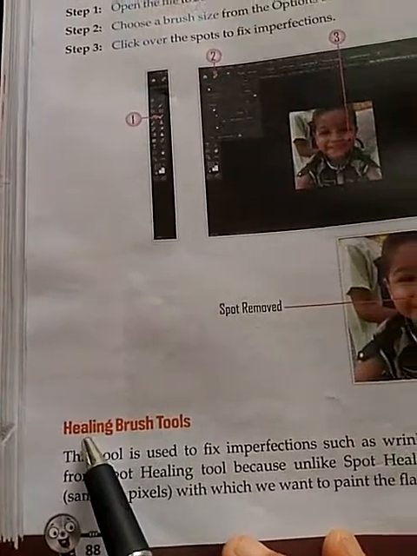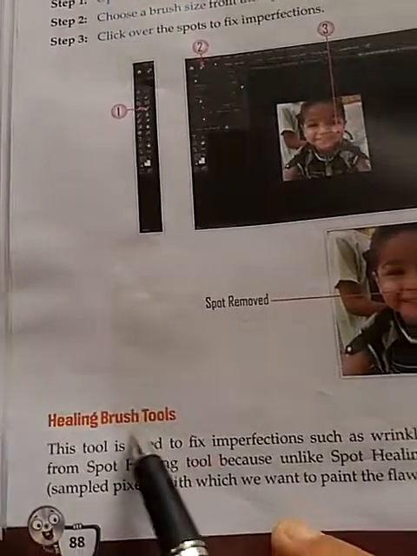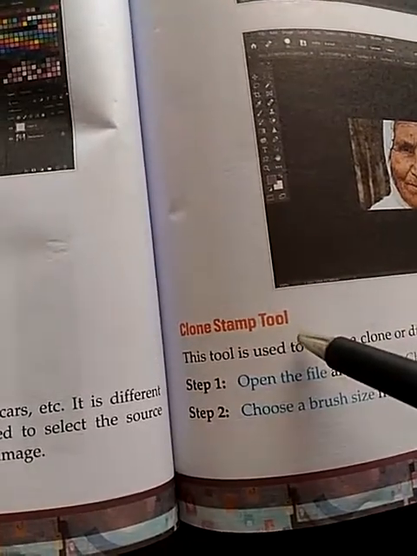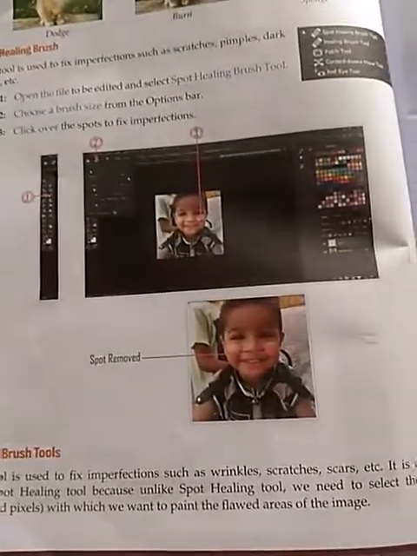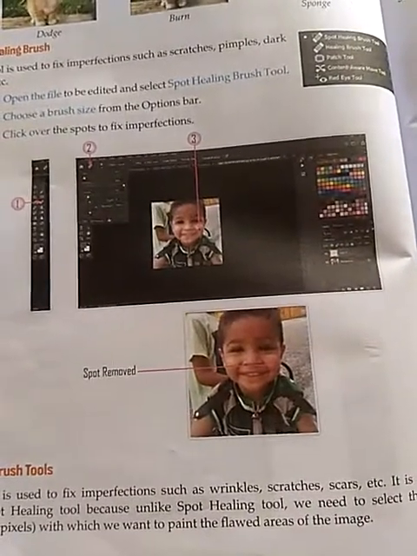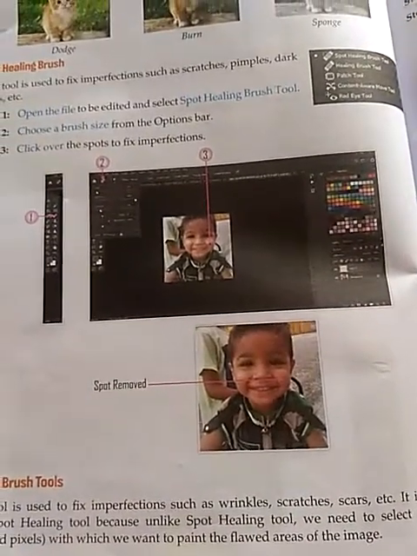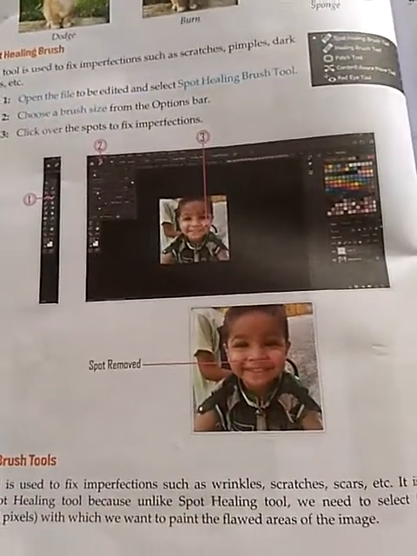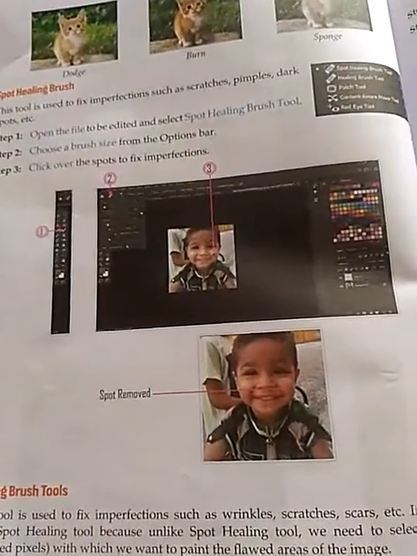Next one is the healing brush tool, and the next one is the clone stamp tool. So these are the retouching tools which help to improve the perfection of the image and to enhance the quality of the image. Thank you.